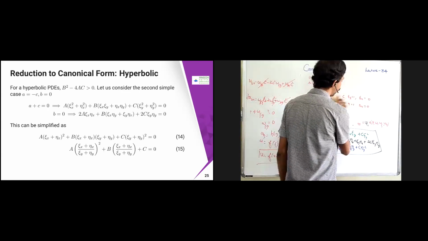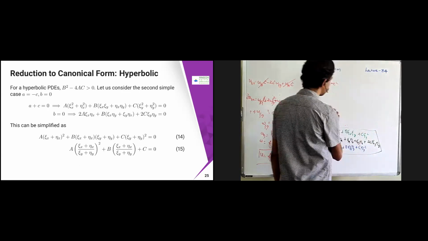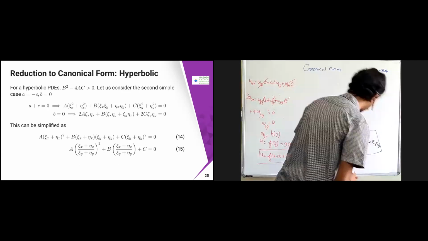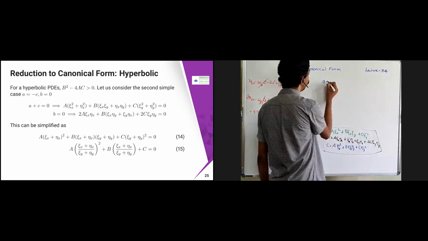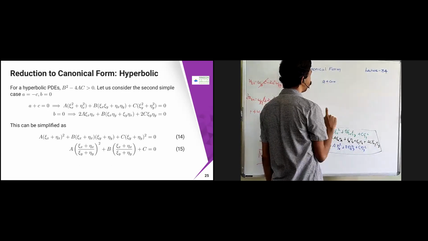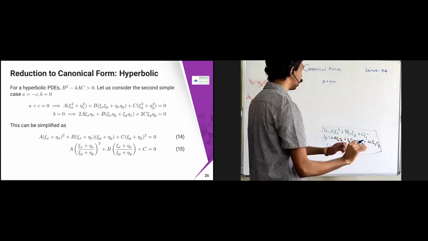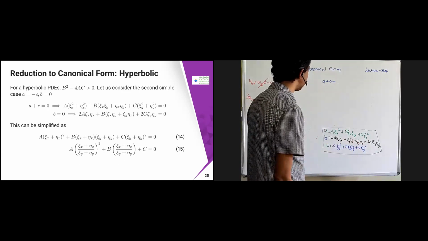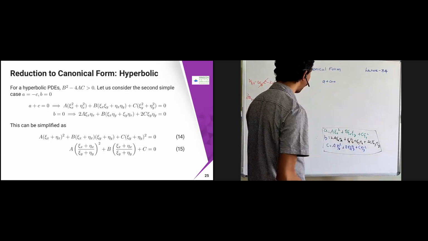So if A equal to minus C, then you are going to get A plus C equal to 0. If A plus C equal to 0, remember this one. The same thing we are going to use with little changes in the elliptic case also. The same kind of formula is going to come.